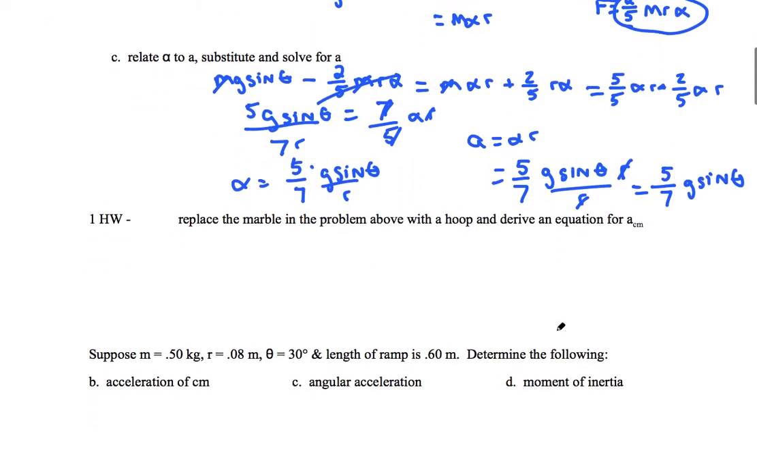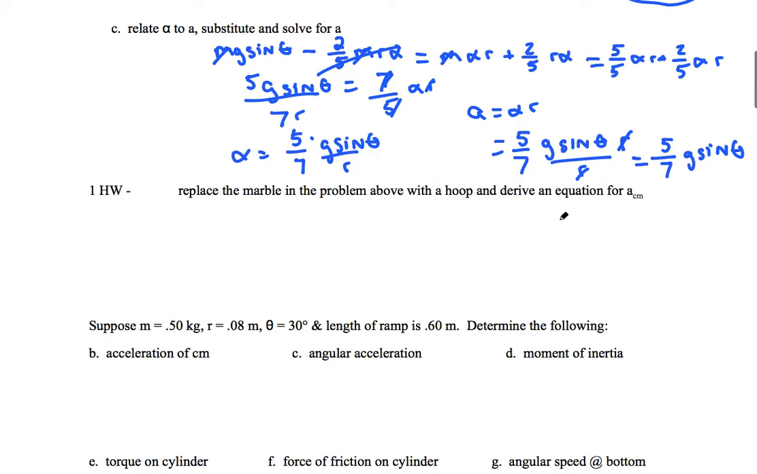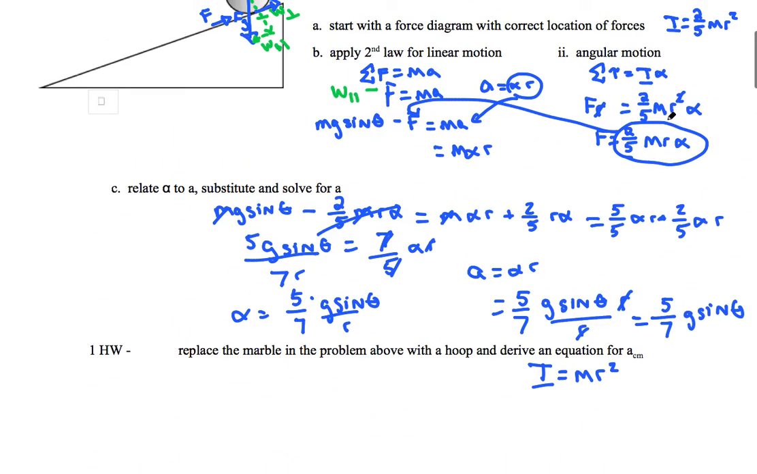Now if I were to replace it with a hoop, the thing that would change here is my moment of inertia. The moment of inertia for a hoop is actually just mr squared. So if I go back up to where I plug this in, all I would do is get rid of the 2/5. So I'm going to rewrite this line right here, but get rid of this 2/5. So I get